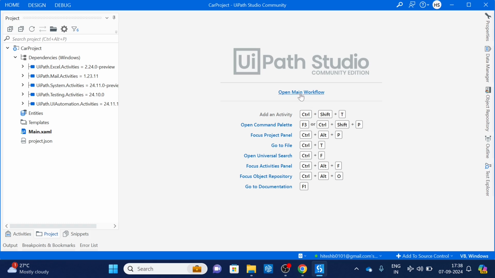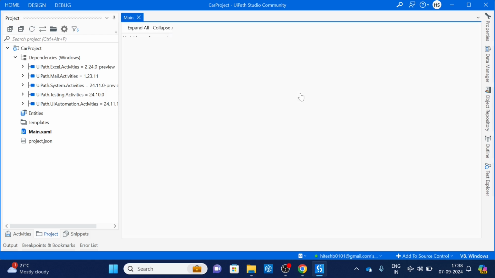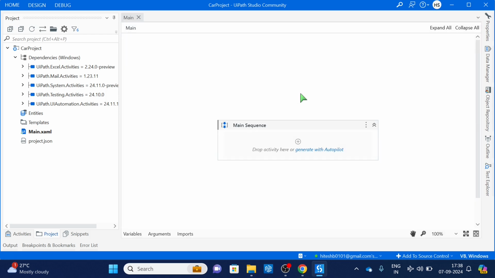I will open the main workflow. In this main workflow we will not be doing anything right now. We are going to create two small UiPath workflows, and when we combine those workflows, that is when we will come to main. So for now,